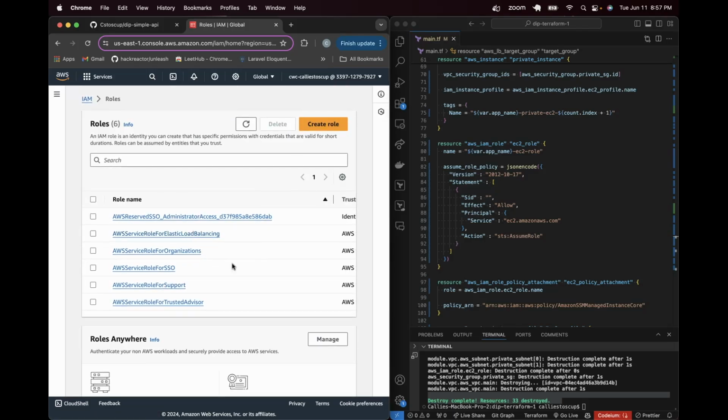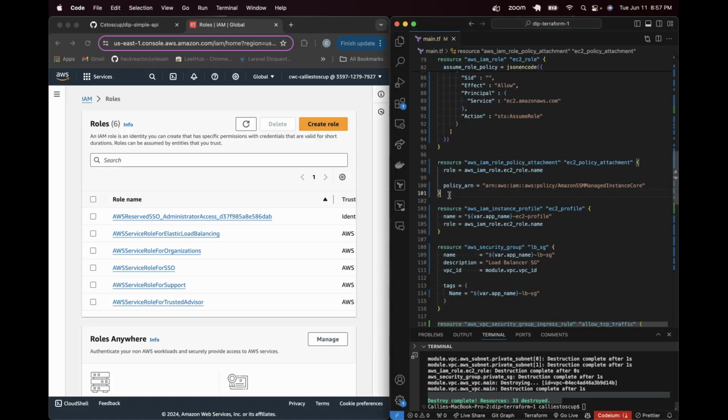You can see that I no longer have that coding with Kali EC2 role. Okay, but those are the two things that we are going to want to make changes to in our code. All right, so let's start with the IAM role because that's going to be the easiest thing. As you remember, all we had to do is add another EC2 policy there. So we should be able to copy this resource,